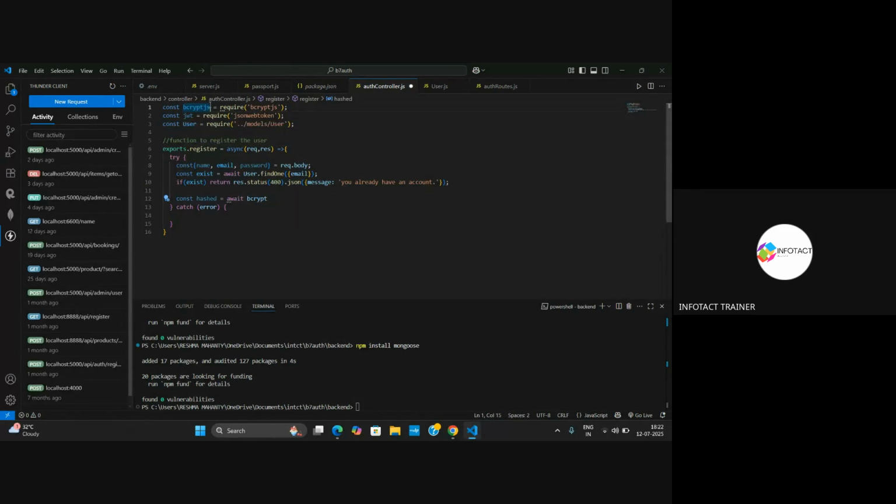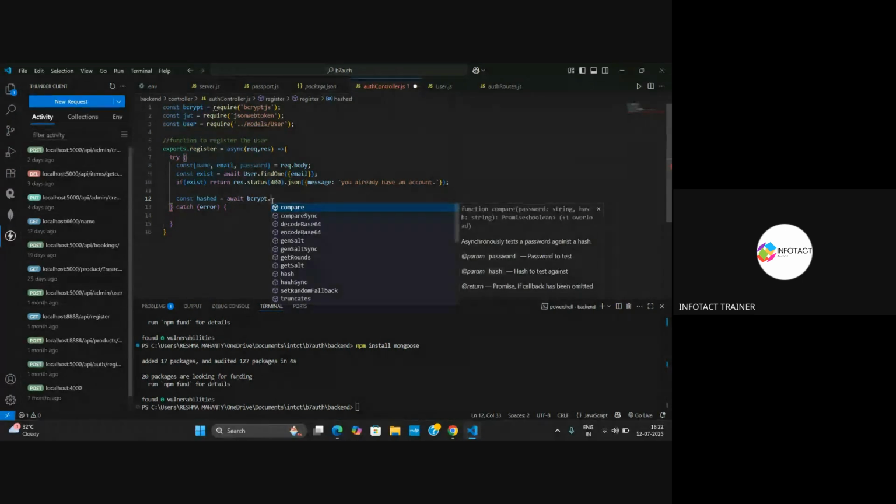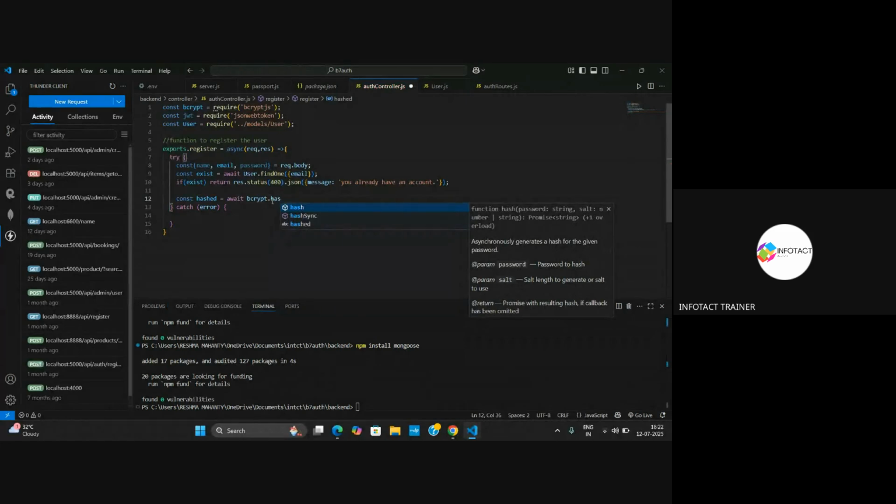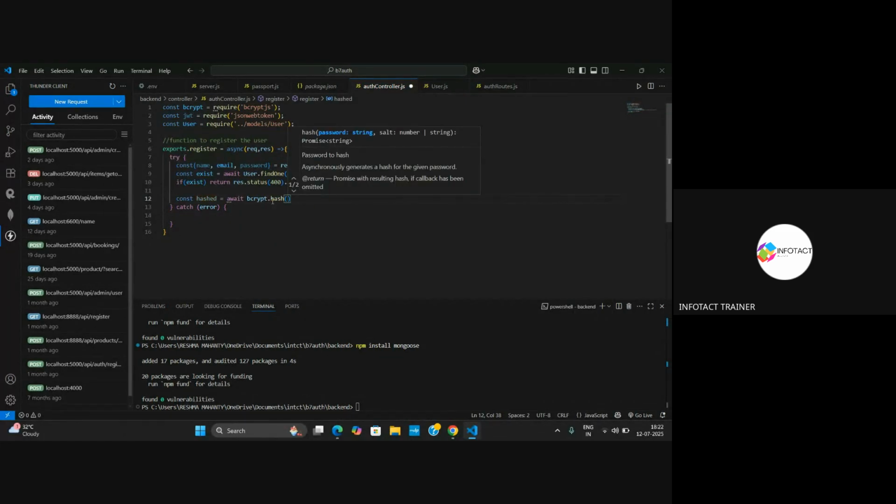Let's make it bcrypt only. Okay. So I am accessing this entire dependency bcrypt.js using the variable inside which I have stored this, that is bcrypt. And then in order to hash the password, I am going to use the hash function. And inside the hash function, I will pass the password variable so that it gets hashed whenever we store the password in our database. And then after the password, I am writing a